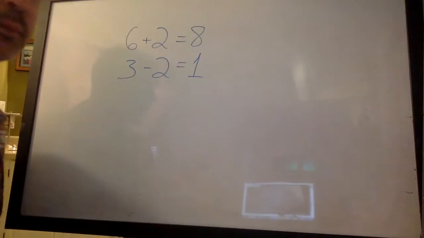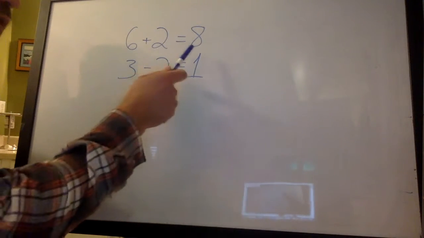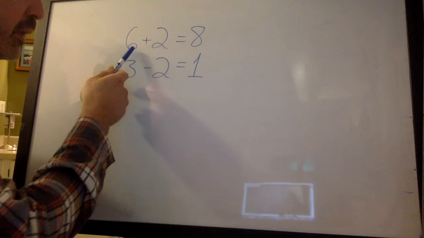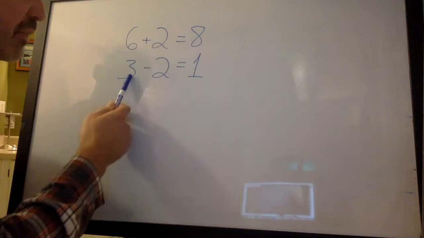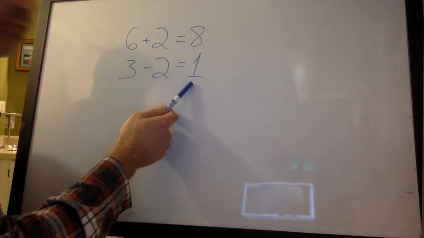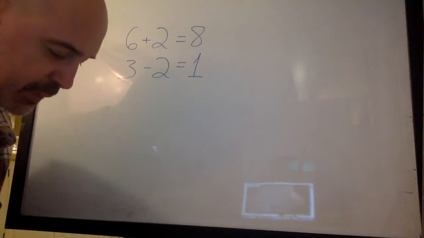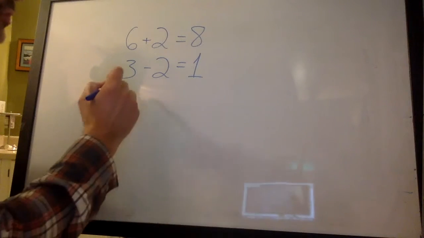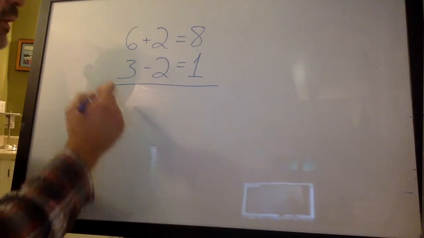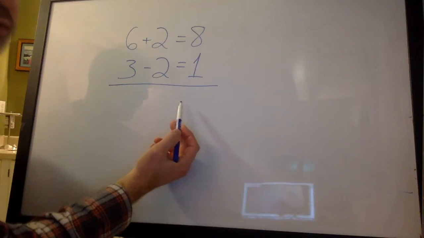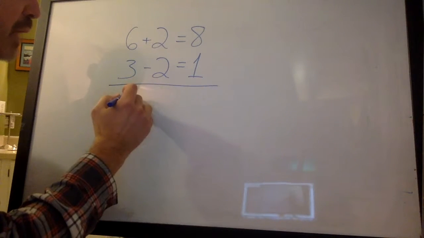But I'm going to start today with two equations that have no variables. And I want you to point out that we know 6 plus 2 is 8 and 3 minus 2 is 1. This is true. So I'm starting here because I want you to recognize that we can combine these two equations as if they were a series of terms that we were adding up vertically, and we would get another